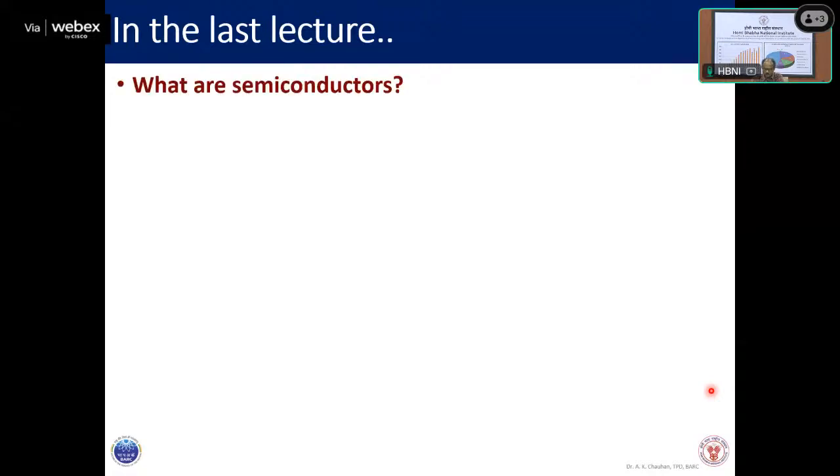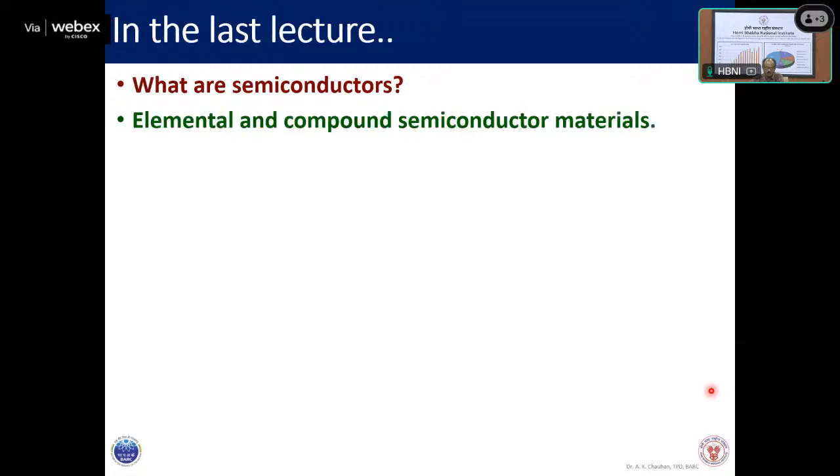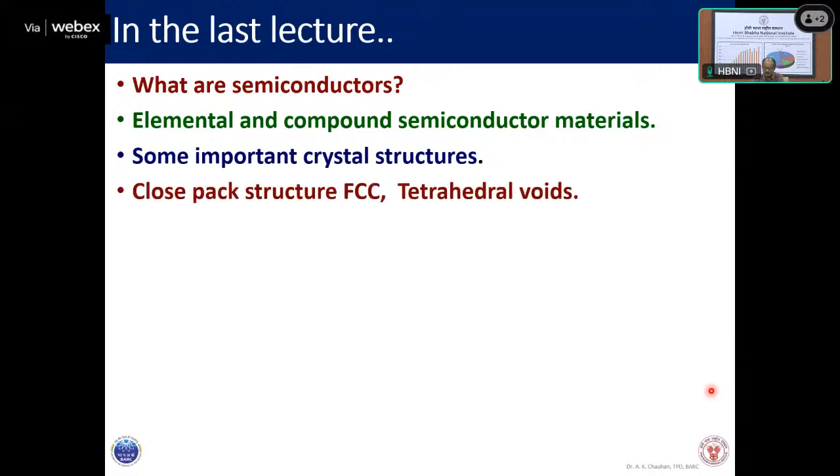First, what are the semiconductors we came to know. Then a little bit of the elemental and compound semiconductor materials. Mainly elemental materials are silicon and germanium, and compound materials are when two or more elements are combined and the resultant compound behaves like a semiconductor. Then we call them compound semiconductor materials, which can be binary, ternary, quaternary kind of things. Then we studied some important crystal structures